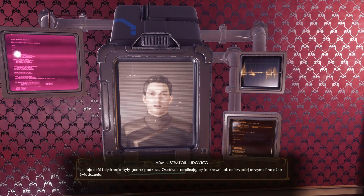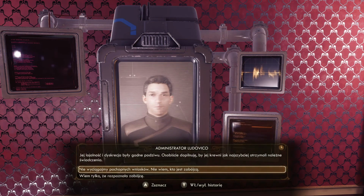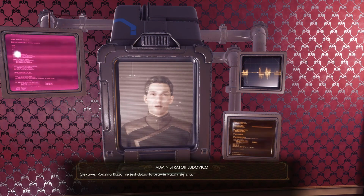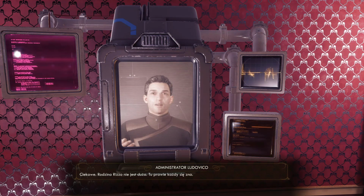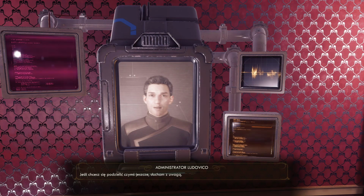Her commitment to her NDA was admirable. I'll make sure to accelerate the payout of her death benefits to her next of kin. Interesting. The Rizzo's family is a small family, Inspector. Most of us recognize. Still, any information is good information. It troubles me to believe Leora could have been murdered. If there's anything else you'd like to